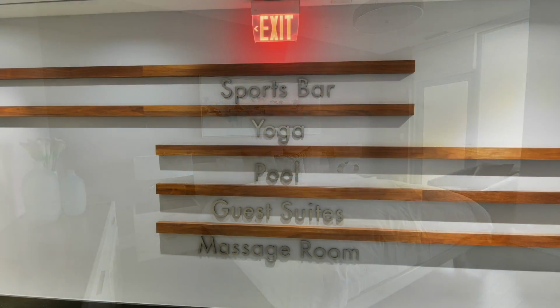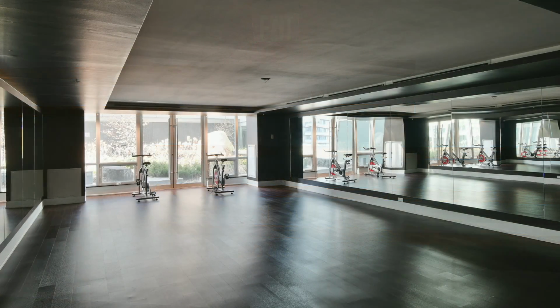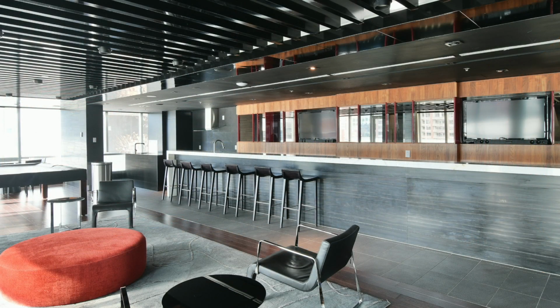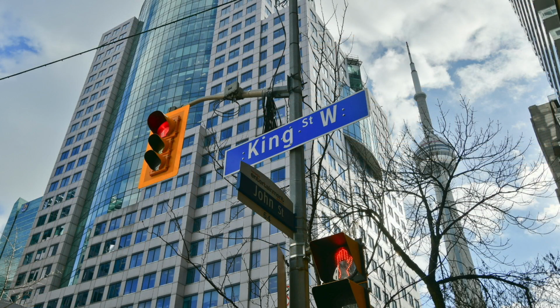Festival Tower also has its own private 55-seat cinema, and other exceptional amenities include 24-hour concierge and security, fitness and yoga facilities, a meeting room, party room, and business center, an outdoor patio with barbecues, underground parking, an indoor pool, hot tub, and sauna, as well as guest suites. While the entertainment district is home to many of the finest restaurants, entertainment venues, shops, and attractions that Toronto has